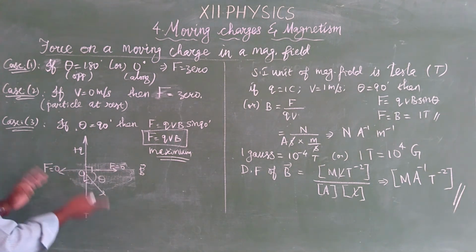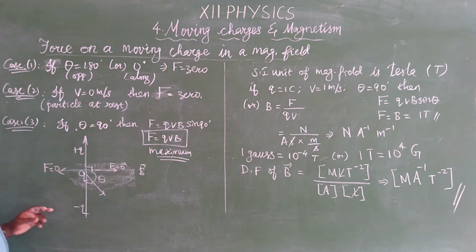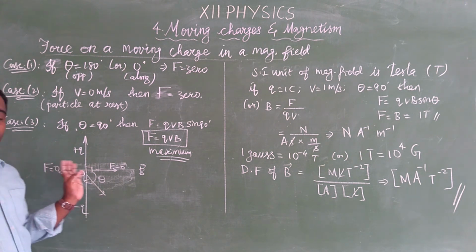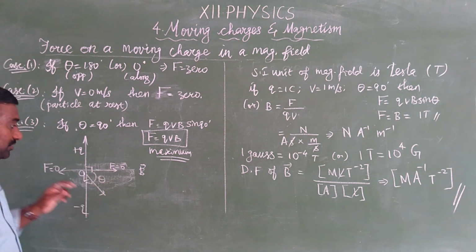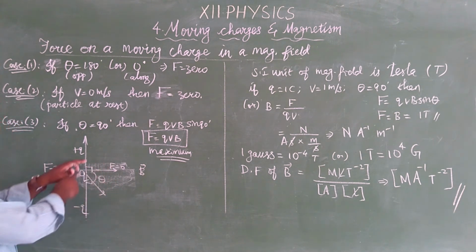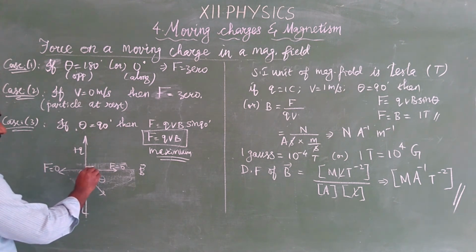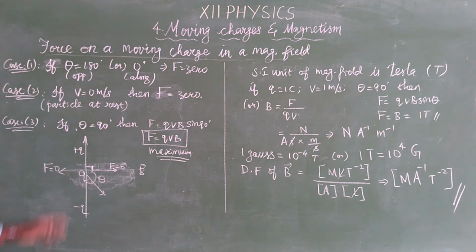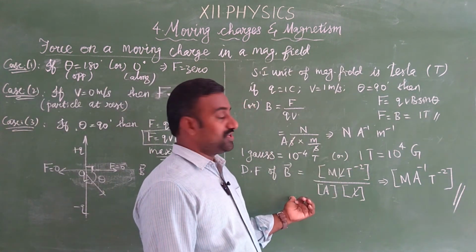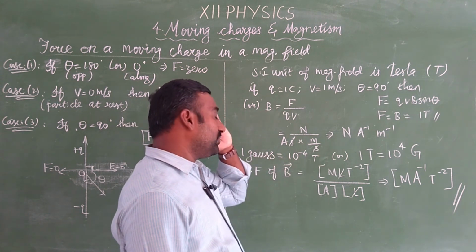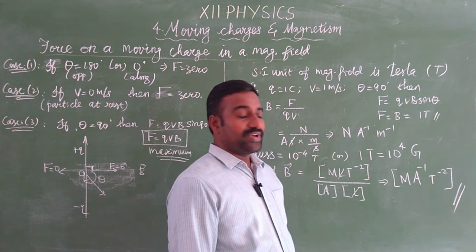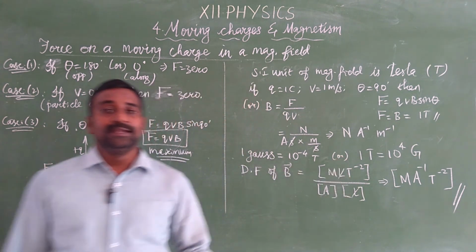Okay. So suppose the particle is at rest, which means it does not move, there is no velocity. There is no velocity component perpendicular to the direction of the magnetic field, then also force is 0. So if velocity is equal to 0, in that case also force is 0. So force is maximum only when theta is equal to 90 degree. Okay. So from that we got the SI unit and also the dimensional formula and other units. So what is the Tesla? 1 Tesla is equal to Weber per meter square. Other relations we are going to see in the next class. Thank you.